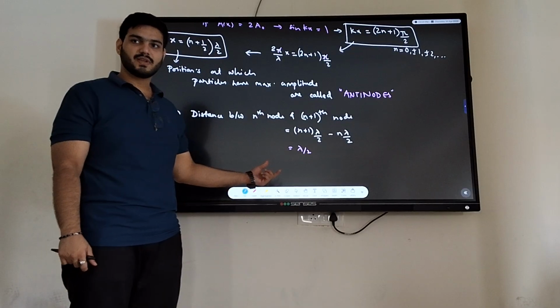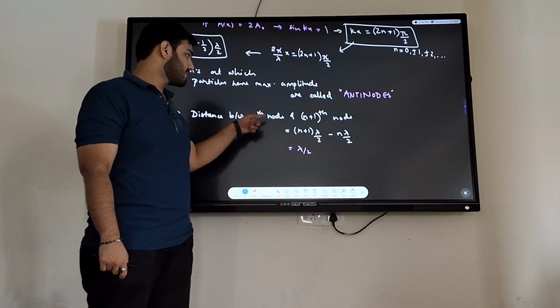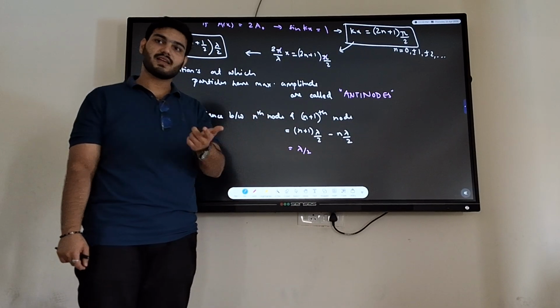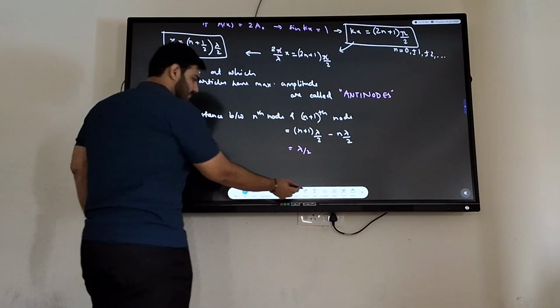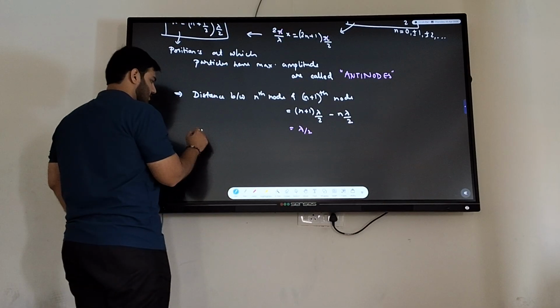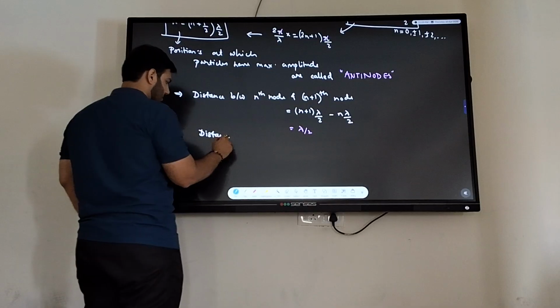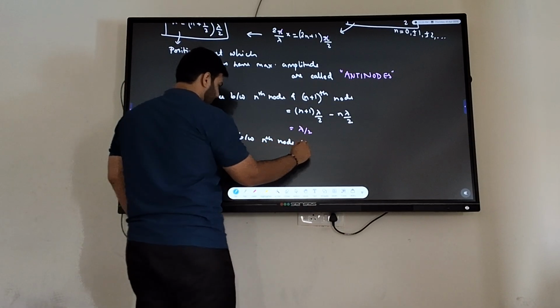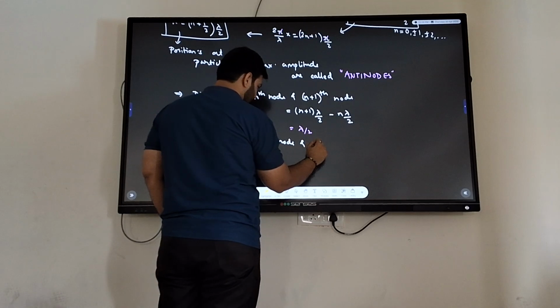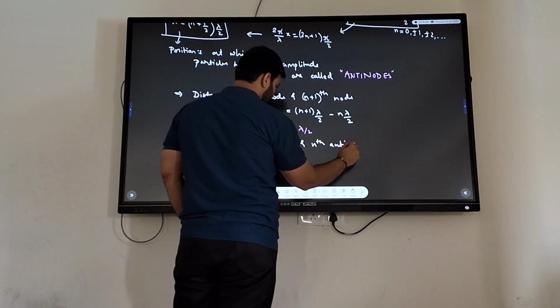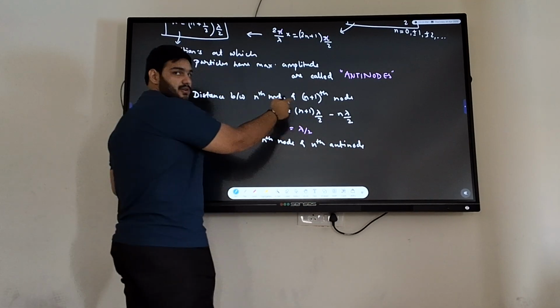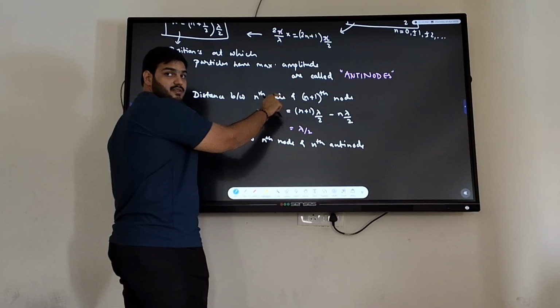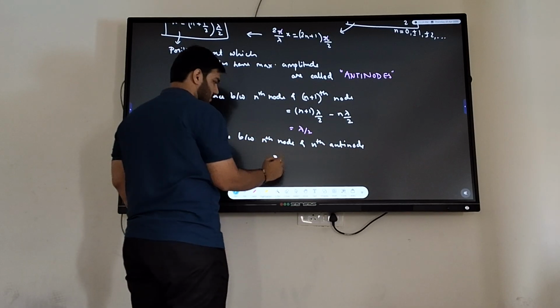Can you do that? What will be the distance between the nth node and nth antinode? Distance between nth node and nth antinode. ये वो antinode वाला को लिख लोगे क्या तुम? Yeah, will. Nth antinode है बताओ।